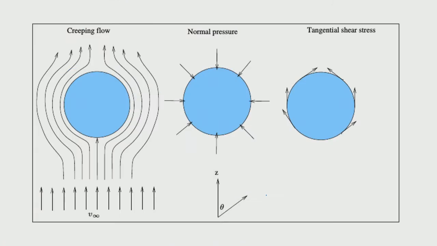So, the solution is already available to us, and the pressure and the stresses are then displayed here. So, we can see that the pressure is actually in this direction, and if you want to look at the r r, then that would be in the opposite direction, okay. Because of the convention that pressure is in the direction of compression. So, we want to determine these expressions, and once we have them, then we can look at what would be the components of forces acting on the sphere in the z direction, and then look at the summation, etc.